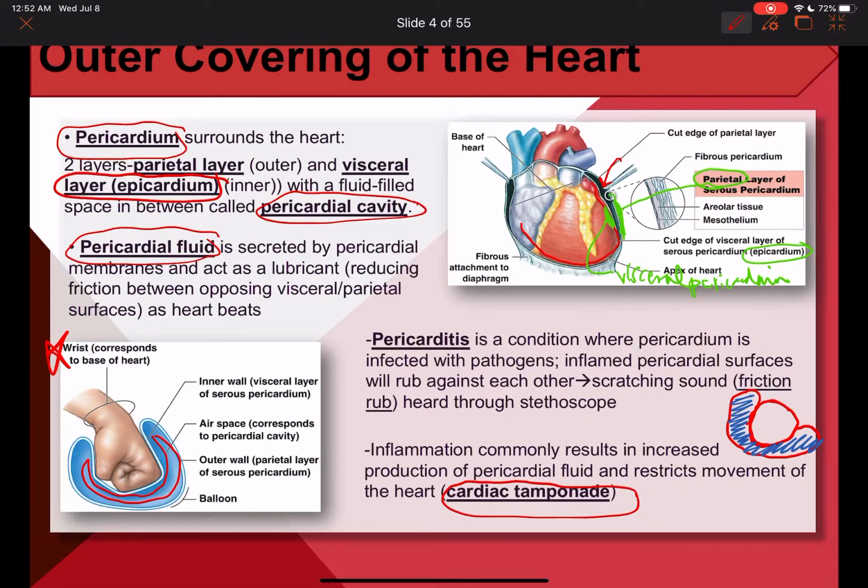You're squeezing on it and the heart can't efficiently pump out the blood. You're not delivering oxygen to the rest of the body, and that's why those dramas would then show the patient with those machines, and they show that the blood pressure is dropping very, very low, oxygen level is dropping very, very low until they can remove that fluid from the pericardial